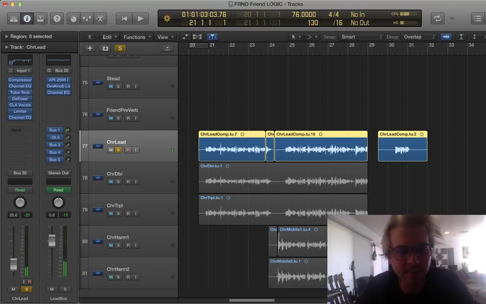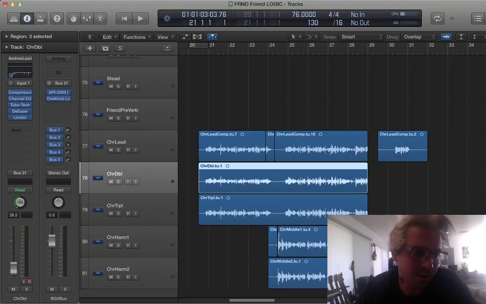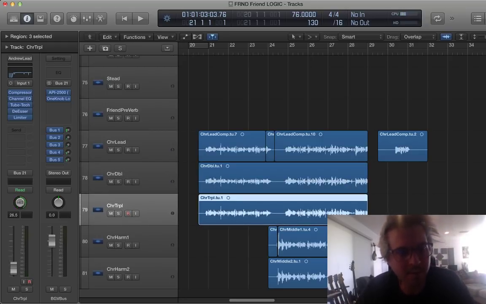And then I have a double and a triple, and the double is panned to the complete left, and the triple is panned to the complete right. And I have this going to a separate bus that's pretty much the same setting as my lead bus, but just separate. So these